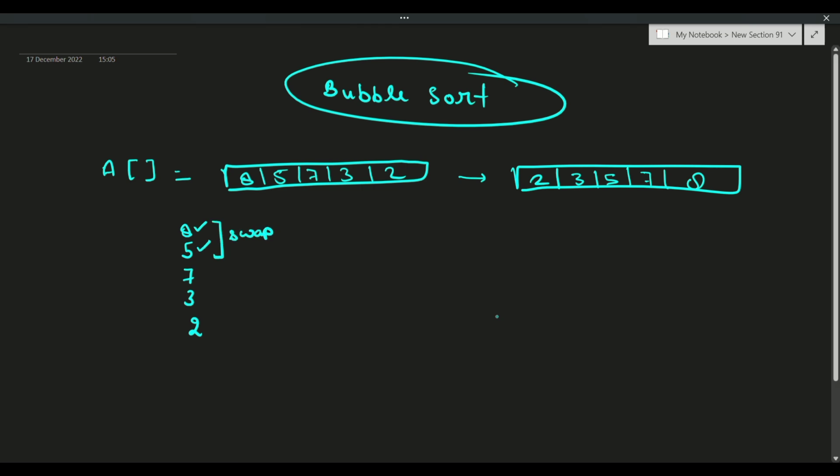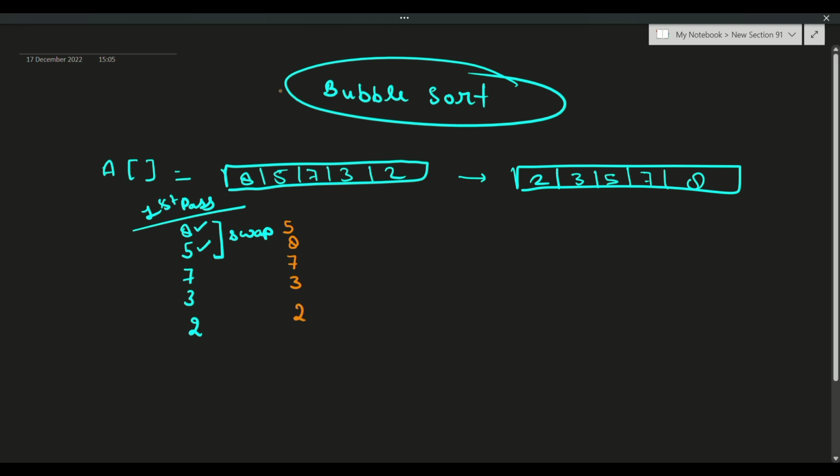So this is your first pass. In the first pass, you just check whether the first element is less than the second element, and swap it. So yes, this element is small, so we swap it: 5 8 7 3 2.